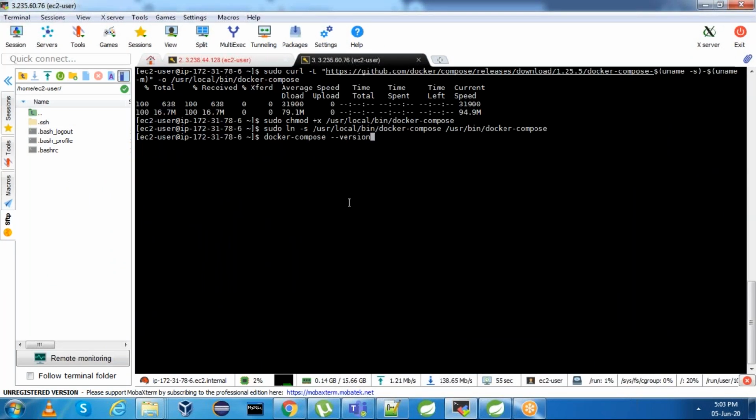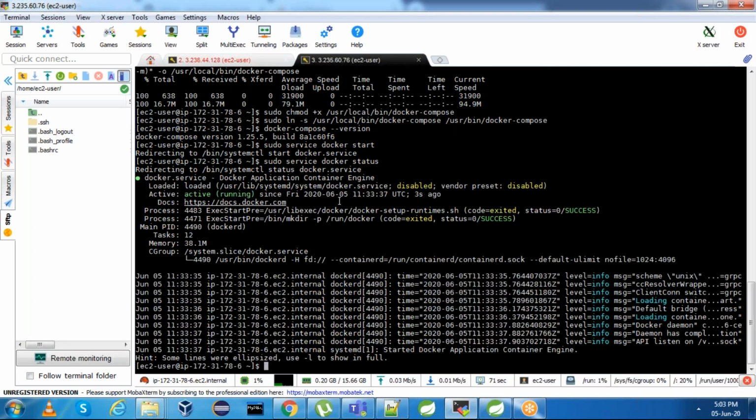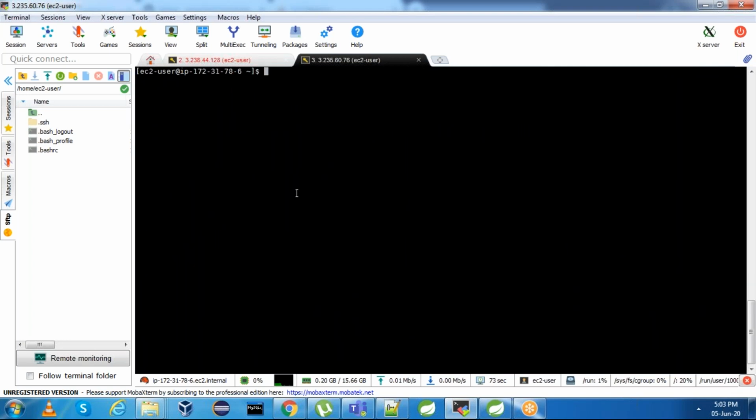We'll install Docker Compose 2 and then start Docker service. service docker start. Docker service is started and check the status. Docker is up and running and Docker Compose is also ready.